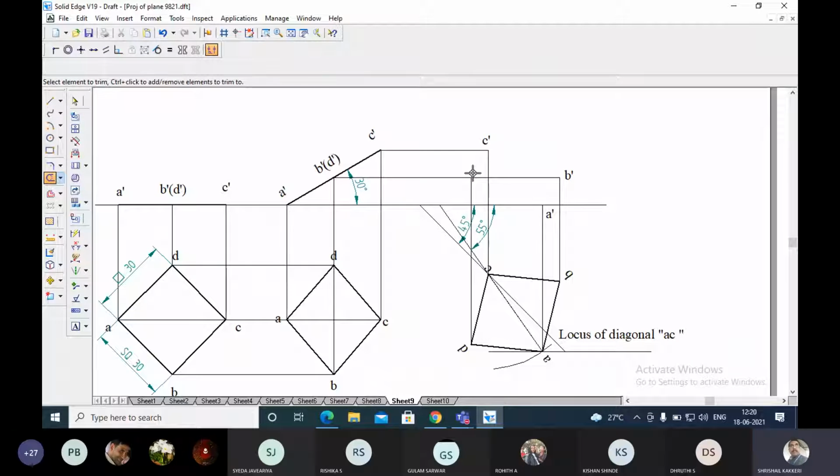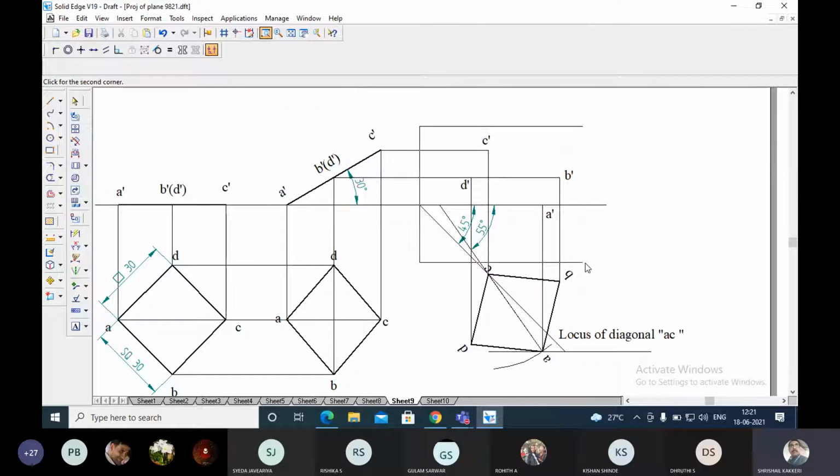I remove the extra line. You can see from A, B, C and D, this will be point D. So let me write it as point D.